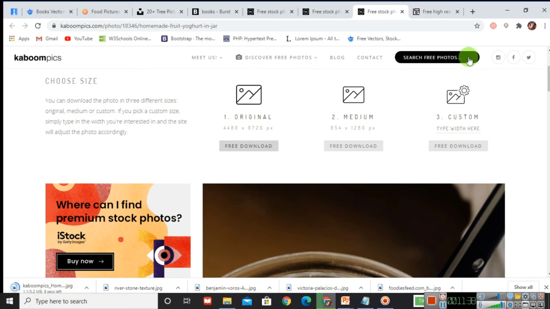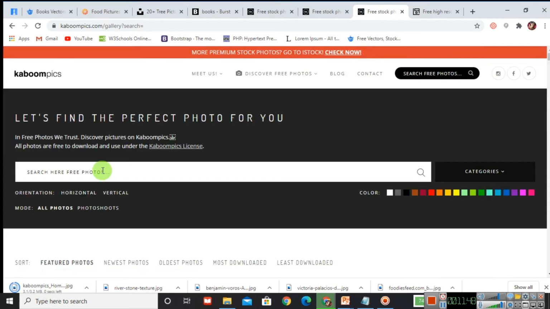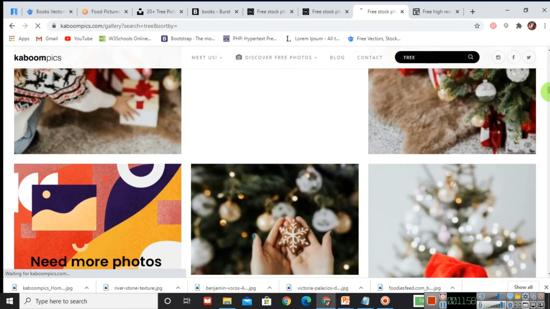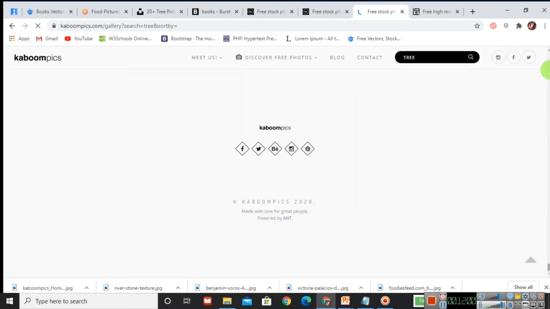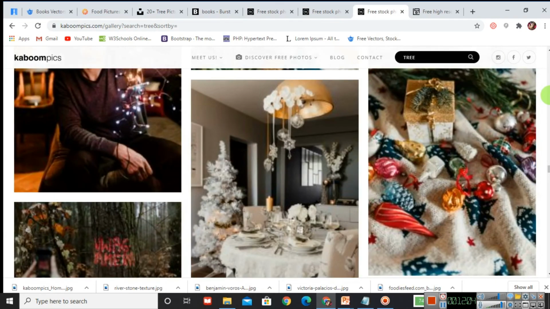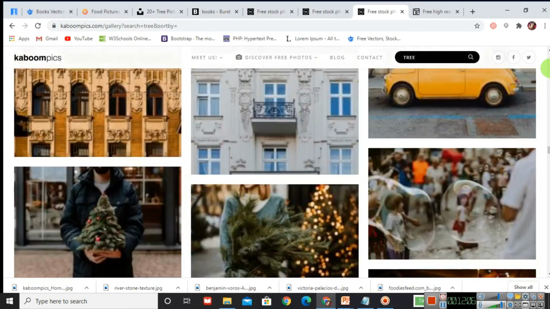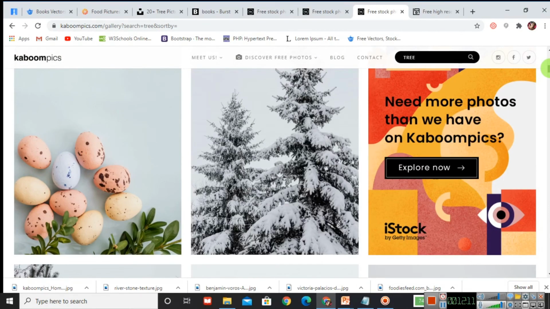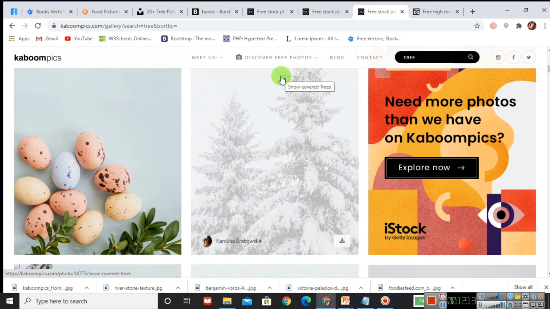If you want to search any of the image, you can start typing here. So here you can see tree related images. You can see here many images have been listed out. So this is how you are going to search and download in this particular website.